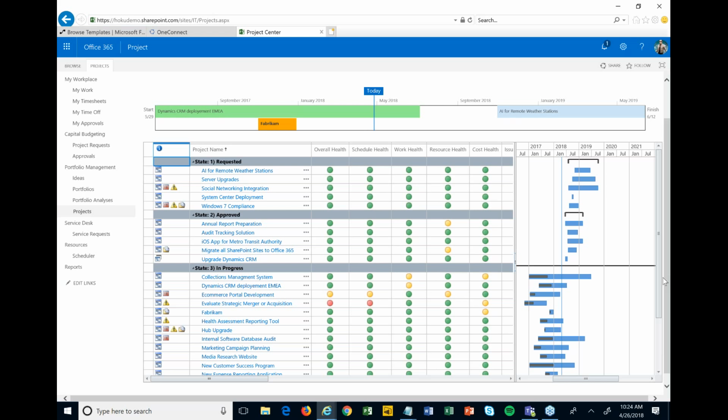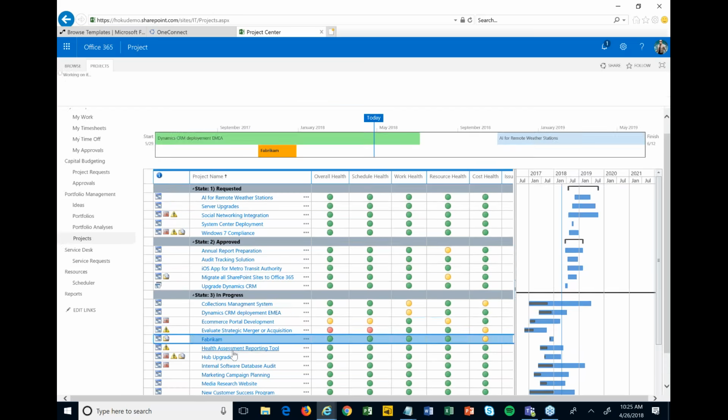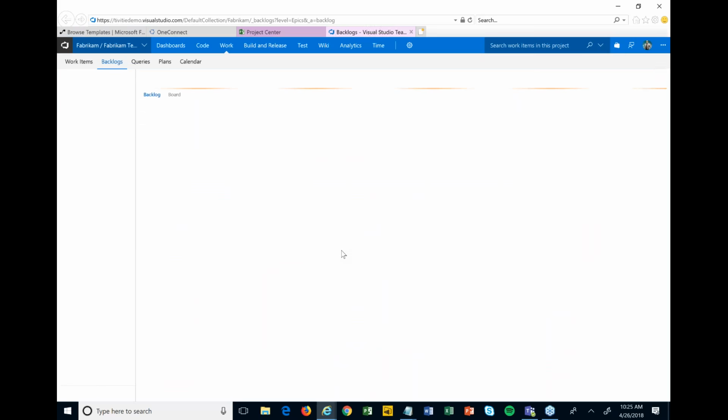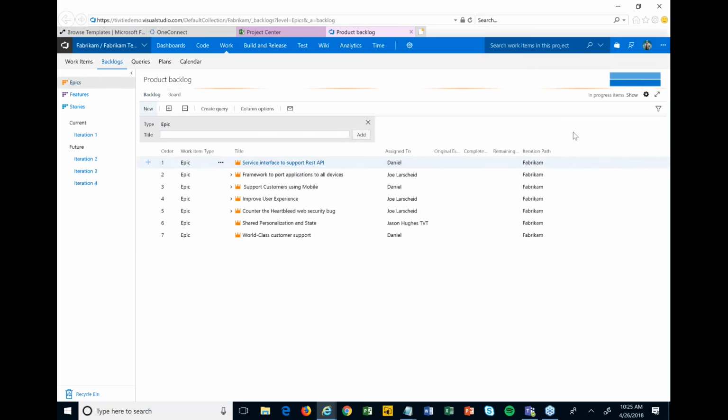From a user perspective, I can come into, say, Project Online, and let's say we set up an integration to Visual Studio Team Services, which was what we were just talking about there. I could select one of my projects here, and instead of opening it up and planning it out in a waterfall way over in Project Desktop, I can click the Open in VSTS button on that project. If it doesn't already exist, it will actually create it over in VSTS. If it does already exist, it's just linking me there,